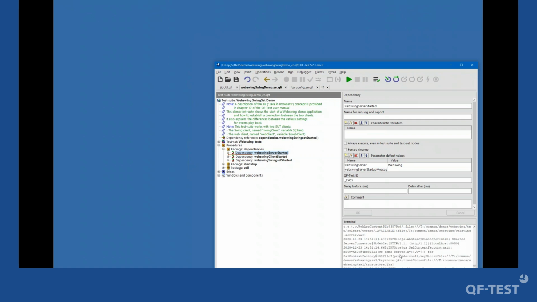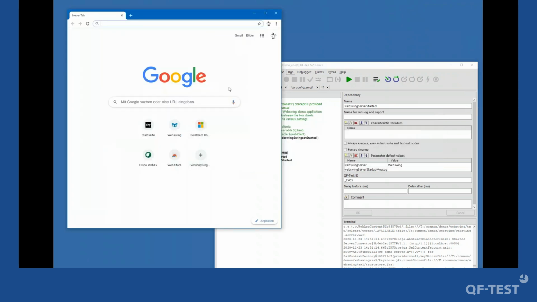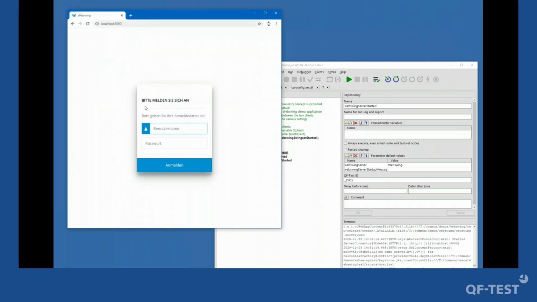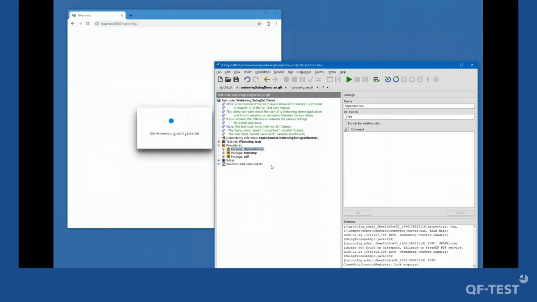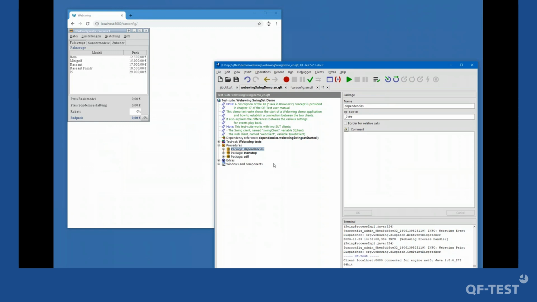So we should have a server running here. And I used to have a Chrome browser somewhere. So let me connect to the application. So the application has come up and we're seeing here, client has connected for engine AWT 0. And when we look here, we now have a